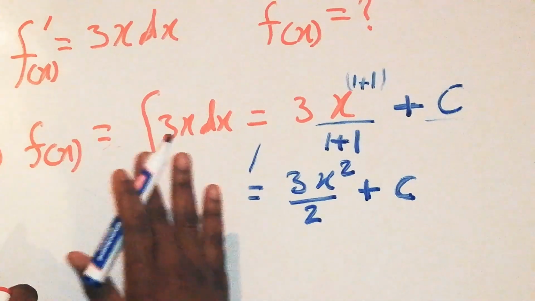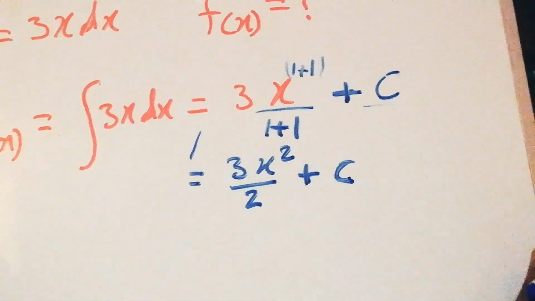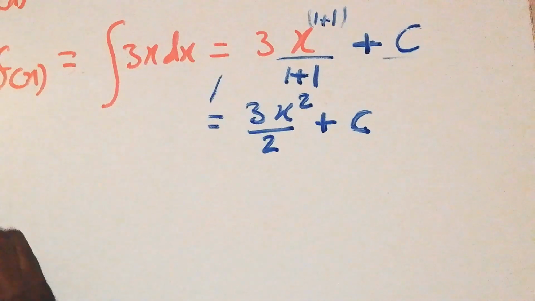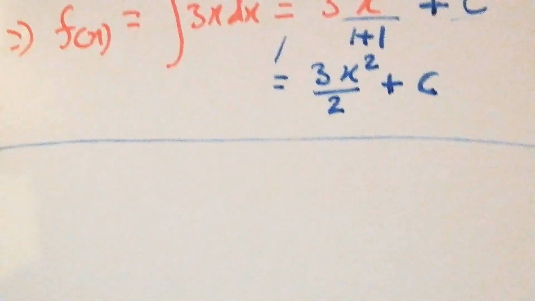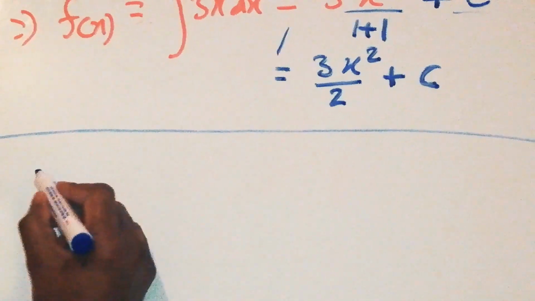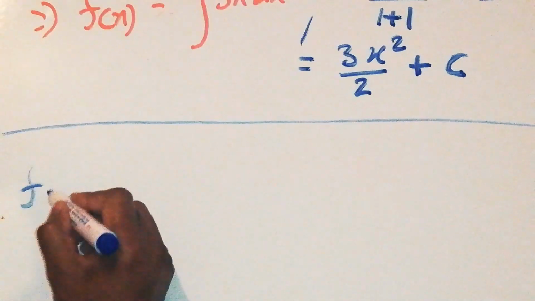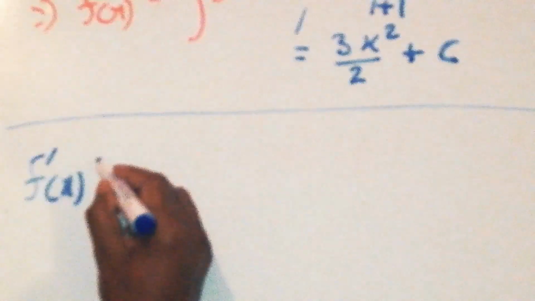So this is the first step. I'm going to take one as an example, and I'm going to do integration on that one. Then we're going to carry on. Let's say I'm given this function. Here is my function, and this function has been differentiated, which is